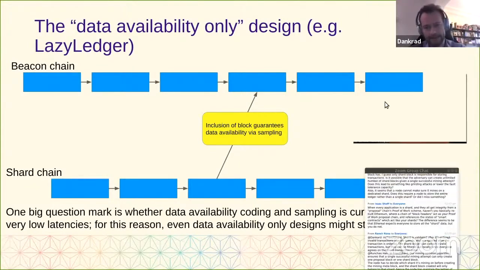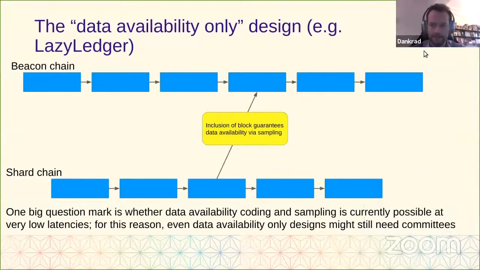And another, so this is kind of a caveat of this design. One of the problems, and we don't know yet whether this is a problem or not, is that currently nobody has really shown that this can be done with very low latency. So even if we want a chain that only guarantees data availability and no state transition correctness or validity,